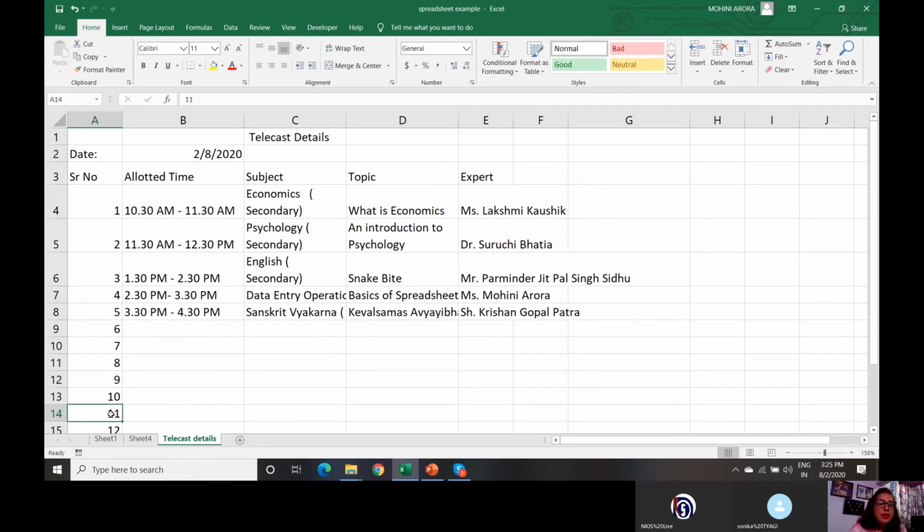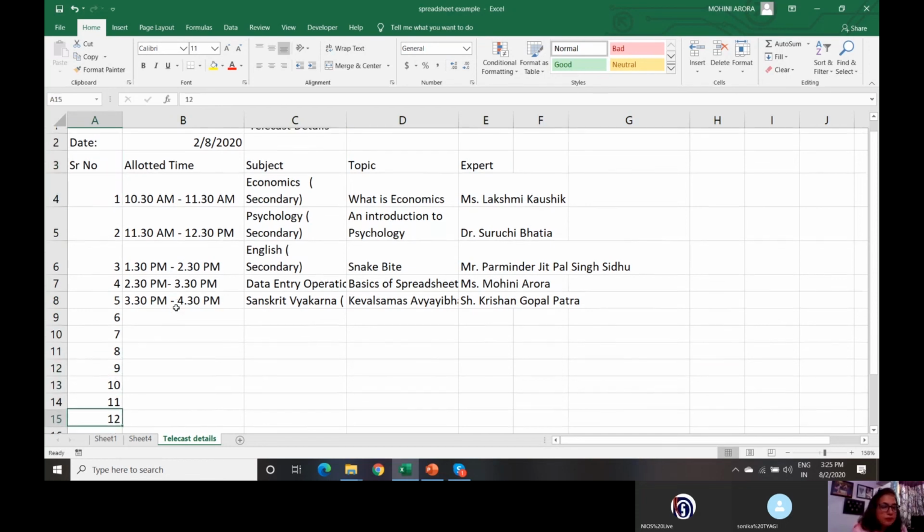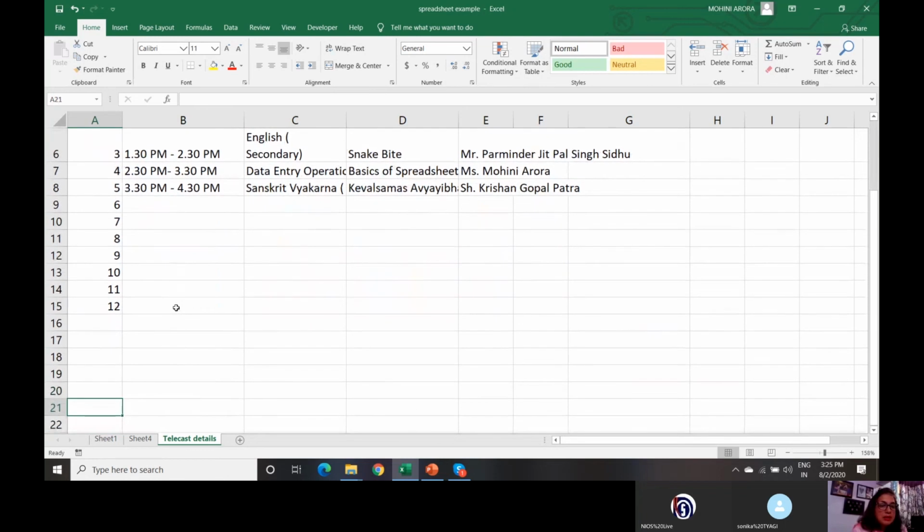I want that if I scroll down, my upper portion which contains my column headings should be there only, so that I remember which column is containing which information. As of now, if I scroll down, I am not able to view the column headings.